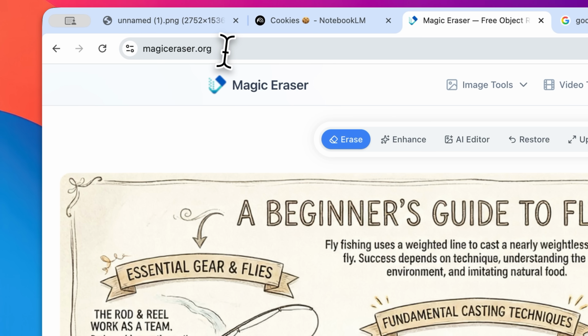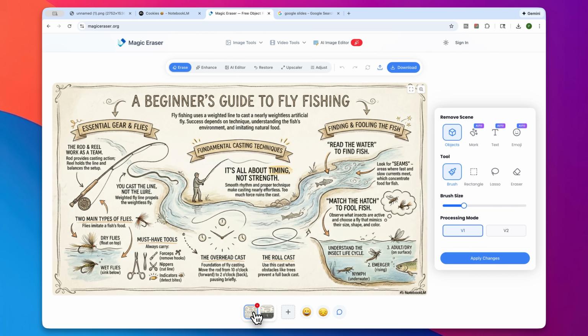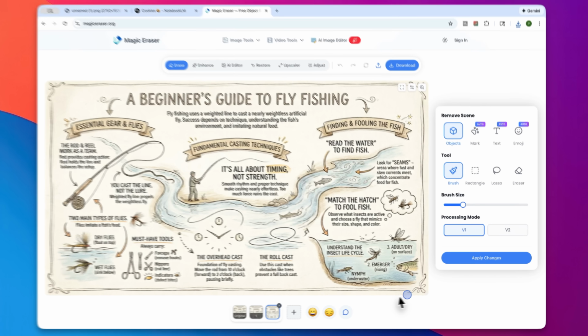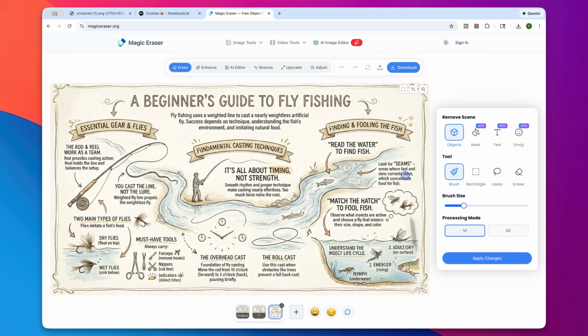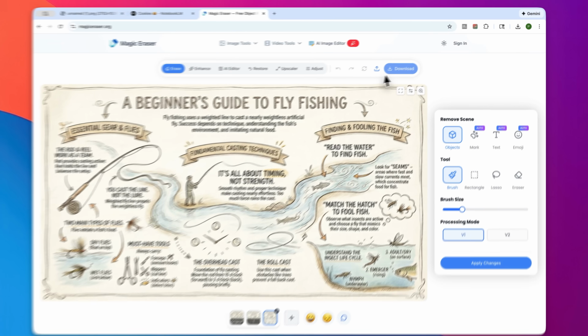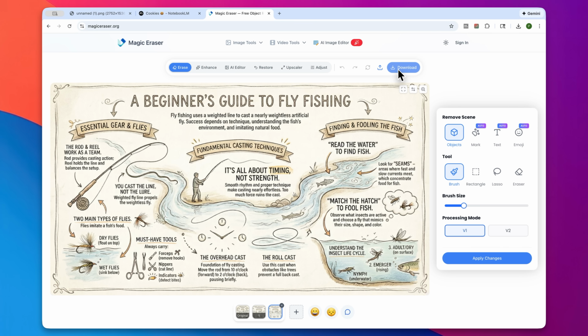So first, I found this tool called magiceraser.org. I tried it out. It does appear to be completely for free. The way it works is you upload your infographic. You can then choose the size of the eraser, just move over it, click on Apply Changes. And just like that, the logo will now be gone. And you can just go ahead and click on Download, and then you have a completely logo and watermark free